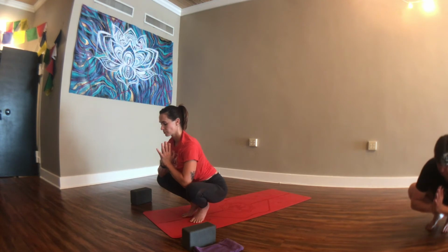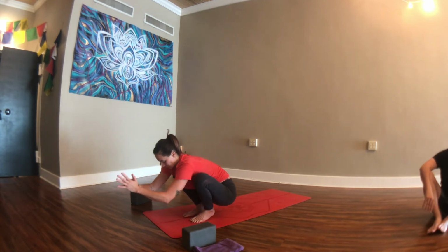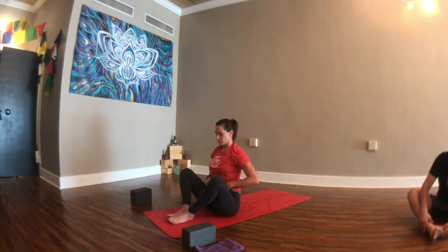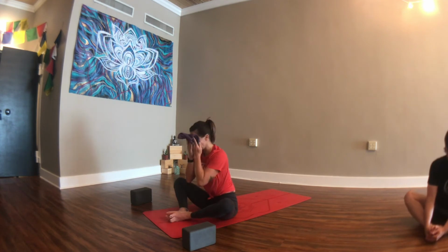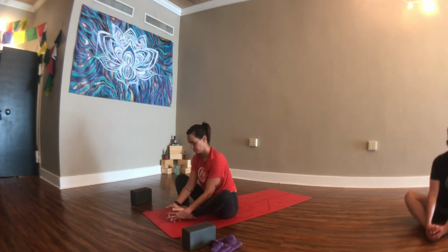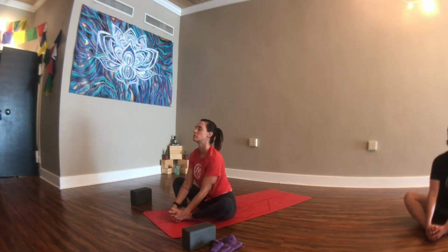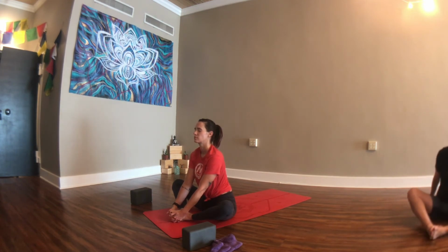And slowly lower the heels down onto the seat. Bring the soles of your feet together. Okay? And wrap the hands around the feet and lengthen the spine. You're going to press the knees down towards the ground. Now release the hands, bring the hands behind you,